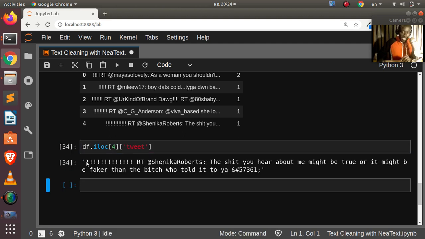So it has a lot of exclamation marks, it has an RT, it has the mention or the username or user handle, and it has some hashtags here, right? So in case you want to clean it, how do you do that? These are some of the things we are supposed to clean. So we're supposed to remove